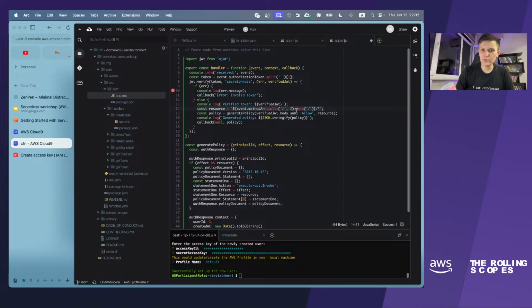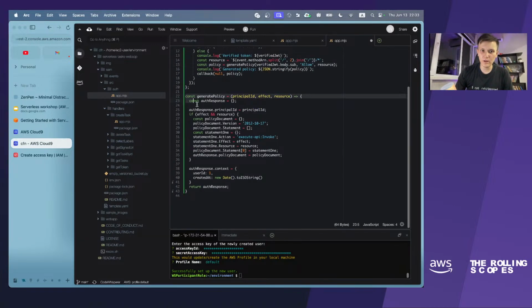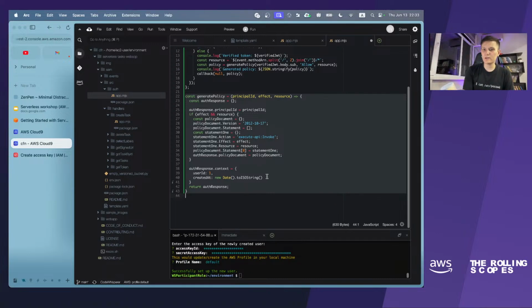get the resource just by parsing the method ARN string and generate some policy. Generation of policy is in another function here. So basically this authorization is mocked, and we will not do any calls to any APIs like to Cognito or to IAM to check that this exact user has access to this exact resource.